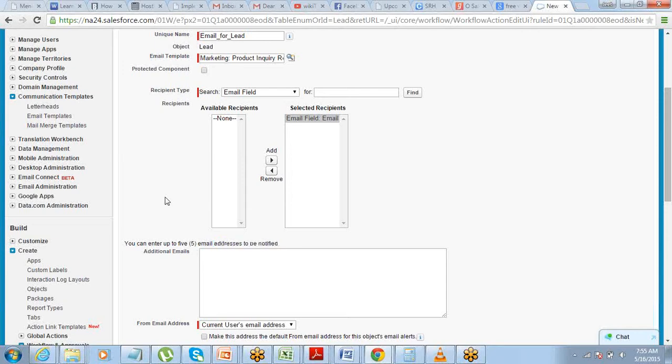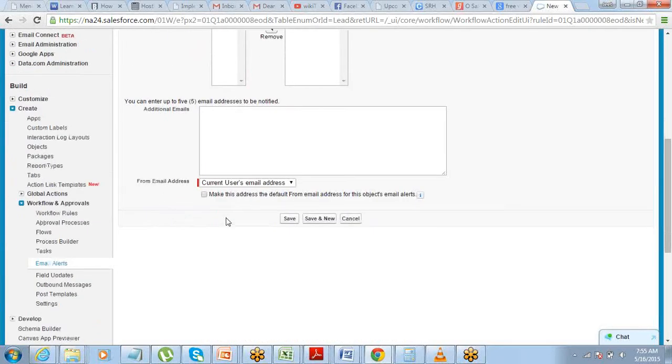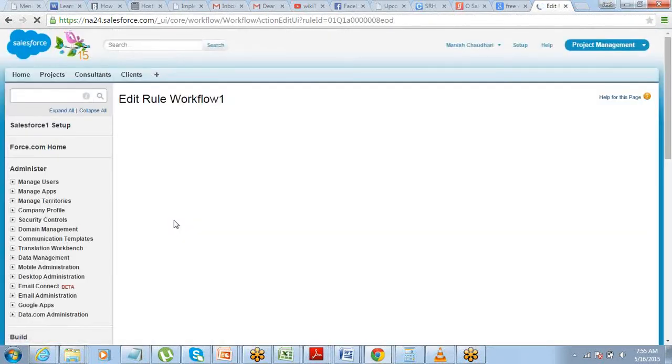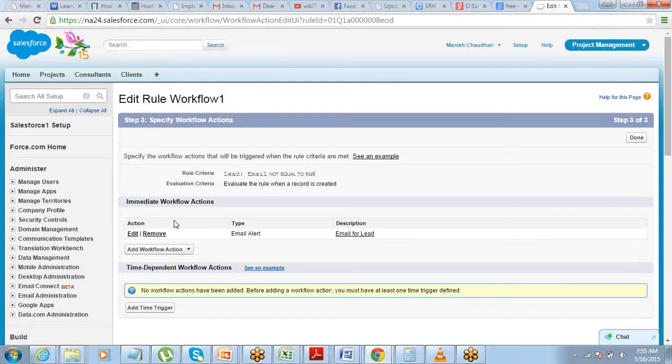Right. That's it. Save. So the rule is ready. Criteria defined, object defined, action also defined. Done. Only thing that we have to do now is click on this done button and activate it.